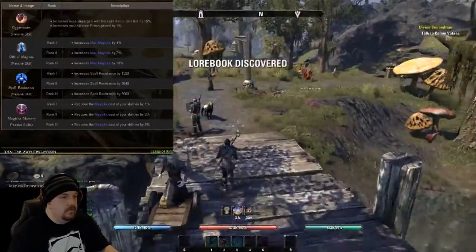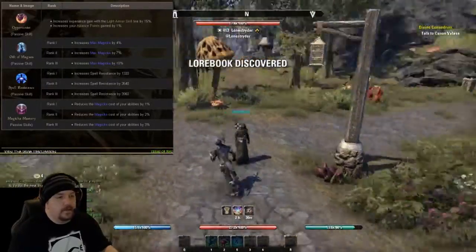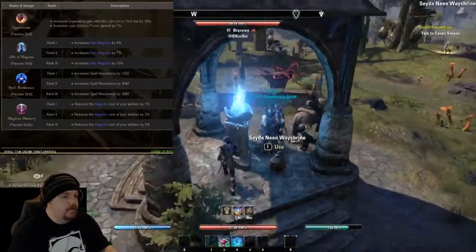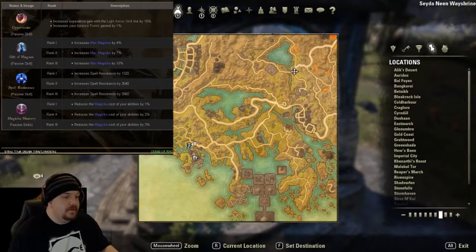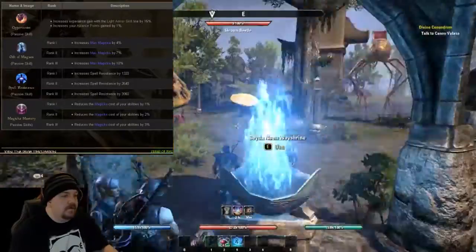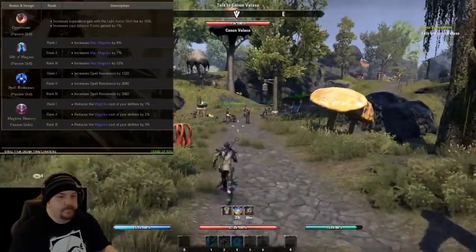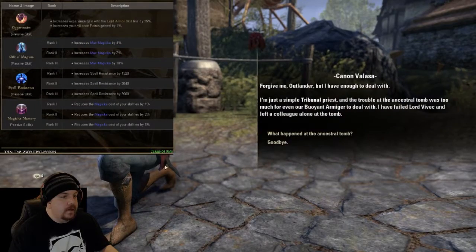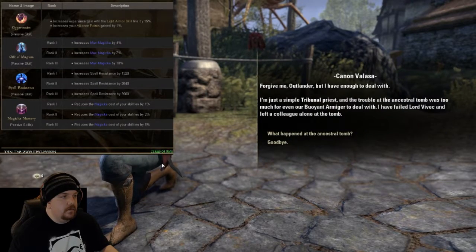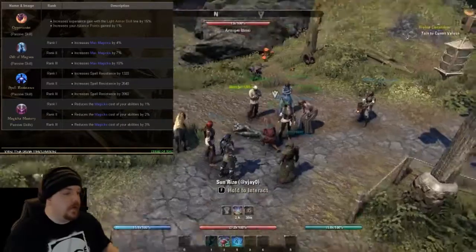Oh, there's a lore book. That's the lore books we're looking for. The other one apparently was not a lore book. That's cool. We can't port anywhere, so we can't use that. That's how you get around. Talk to this person. But I have enough to deal with. Ooh, this is a good scene. We're actually going to get into